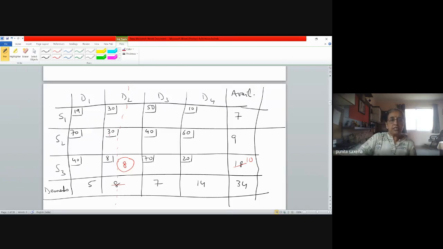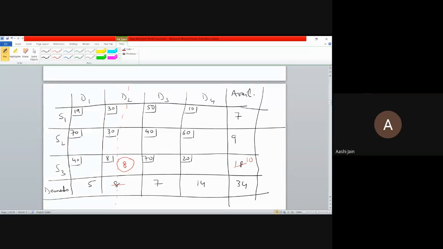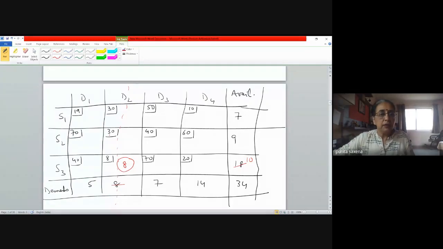Okay. Now, what is the next minimum cost here? To S1, D4. 10 is the minimum, which corresponds to S1, D4. So we come to this cell now. Again, we make an allocation, which is going to be the minimum of A1 and B4. How much is the minimum here? 7. So we make an allocation of 7 units here. Now this gets exhausted, but this is still left with 7 more units. Since the availability has been exhausted, I will strike off the row from this table.